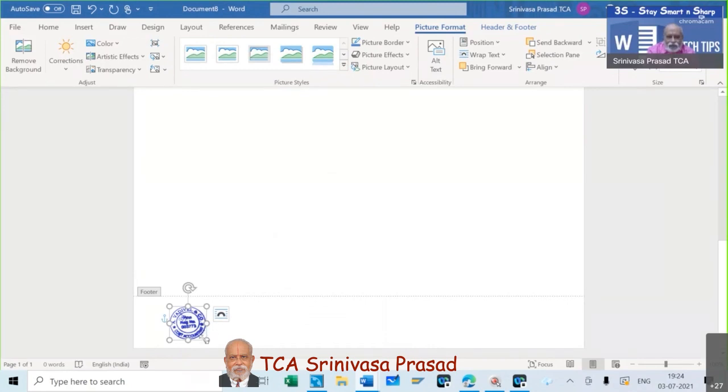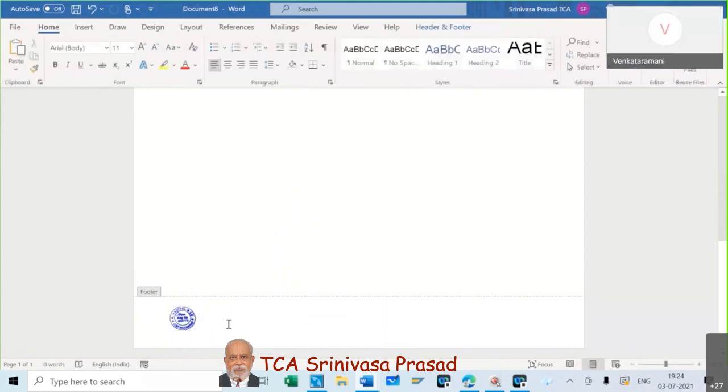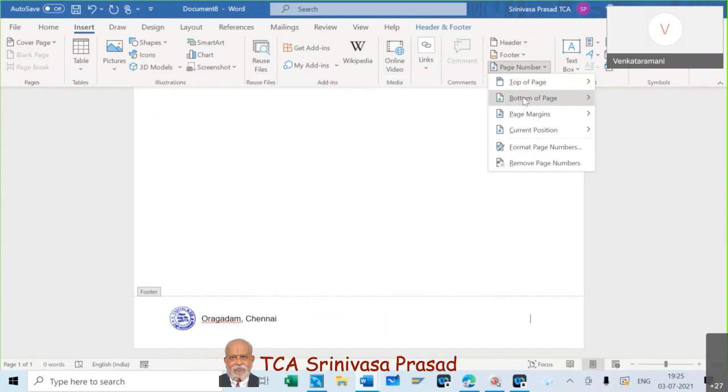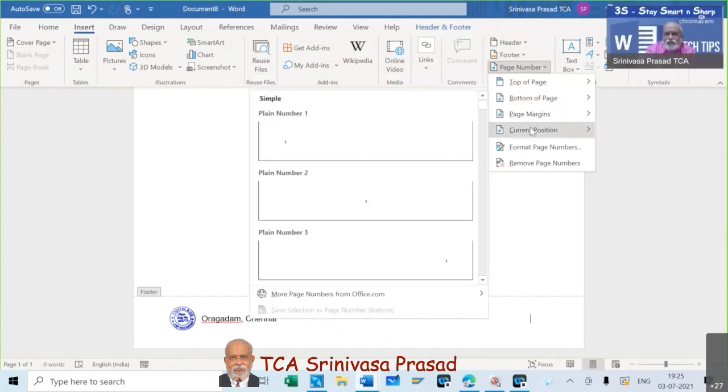Now we will close it. Now we will come here. Let us say Varagadam, Chennai. Now we will go here and say insert, page number, bottom of page, current position.